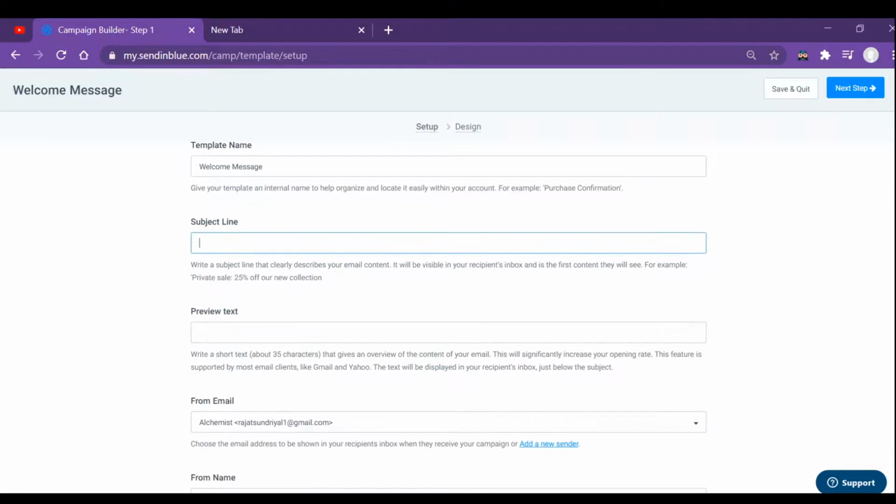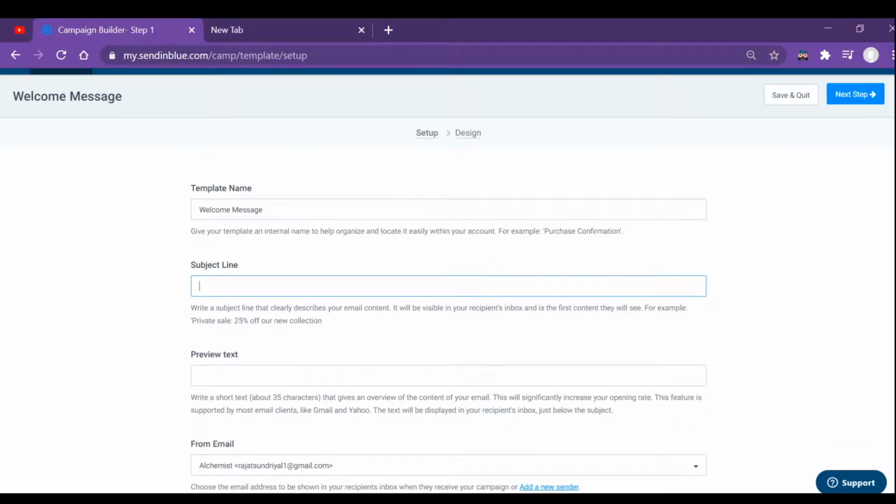You have to write these things with a perfect strategy, because these things matter whether someone is going to click on your email, and the click-through rate and the open rate are going to depend on these things. Basically, for the subject line, suppose you are giving away a free lead magnet. You can write: here is your free ebook.